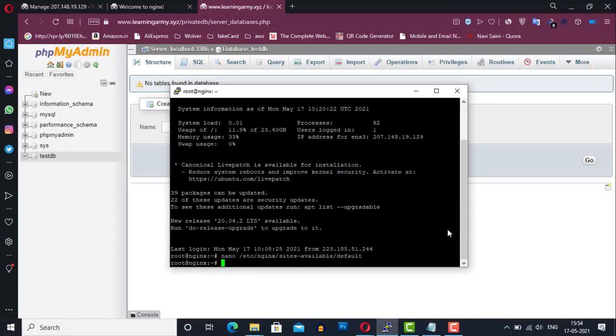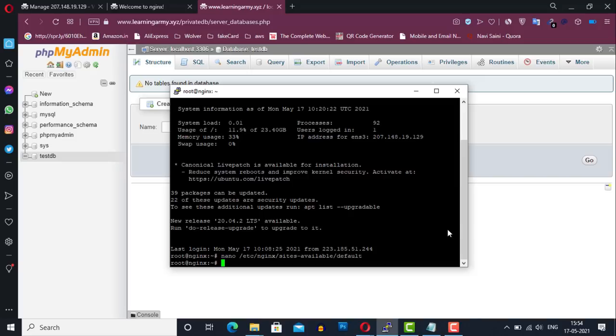After modifying the block configuration file, now we are ready to download and install WordPress on our server. So first, we will download the latest version of WordPress from the official WordPress website. This is the most secure way to download WordPress files.